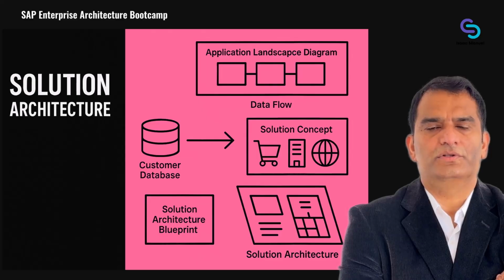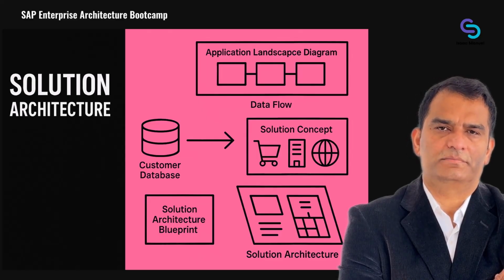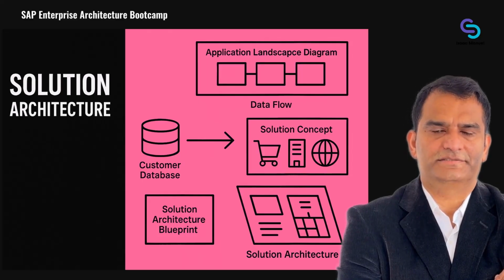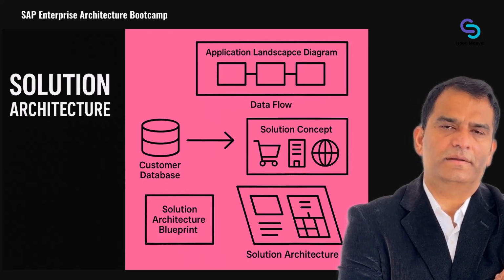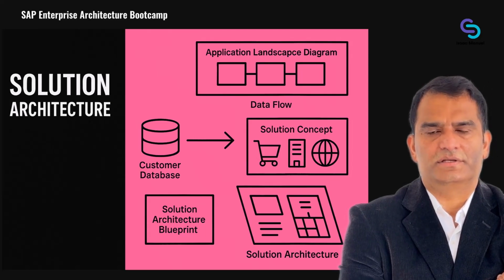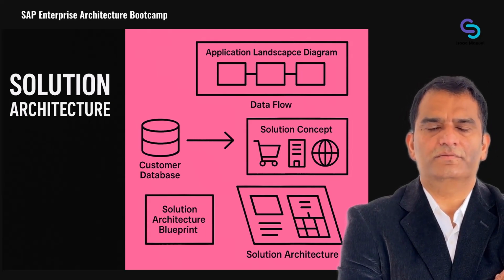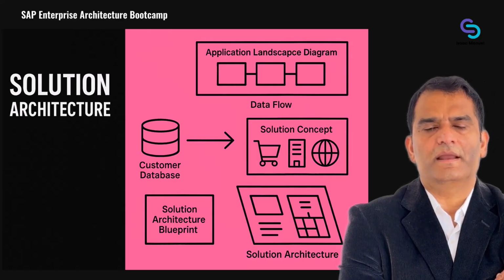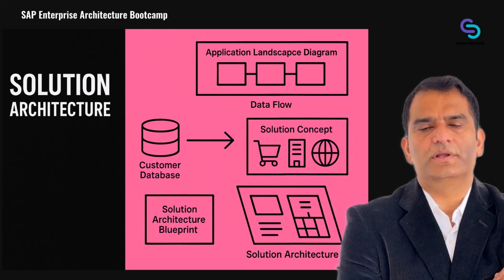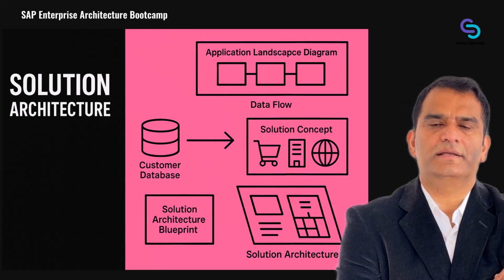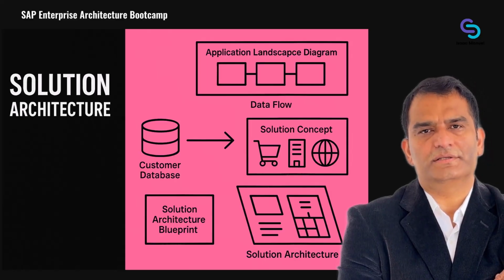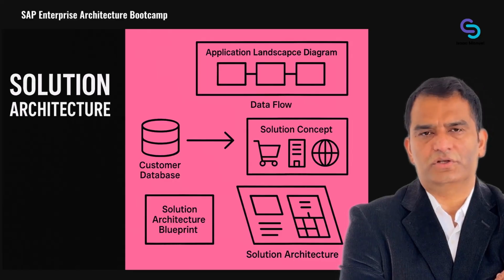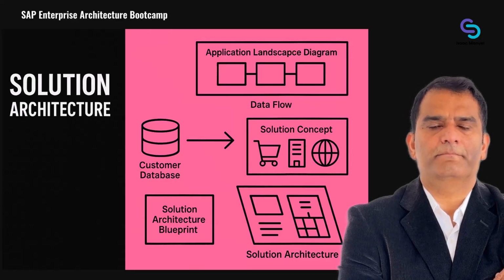Next is Solution Information Systems Architecture, which is where we design the application and data architecture to meet the business needs. In SAP's framework, this is sometimes split into application architecture and data architecture, or collectively referred to as solution architecture. Key artifacts here would include an application landscape diagram showing all the software components and their interactions, data models and data flow diagrams, and definitions of solution components, which could be specific SAP modules, microservices,